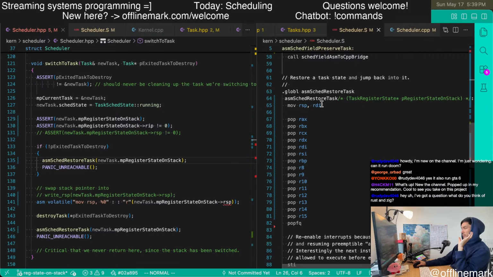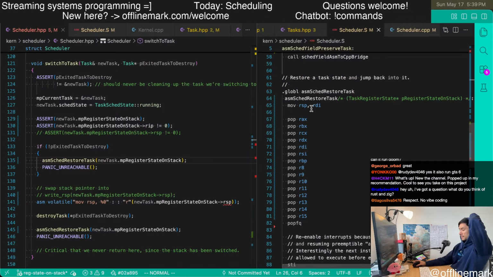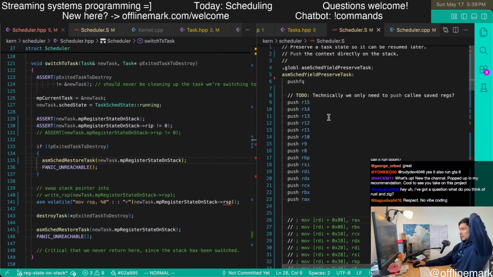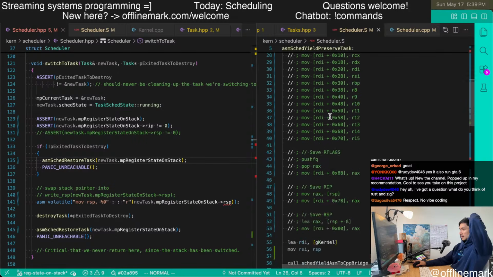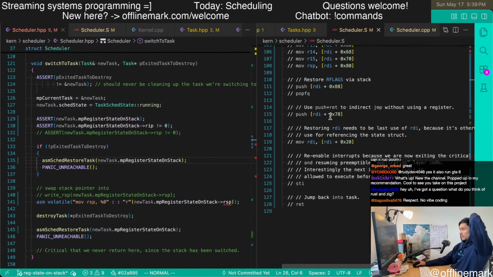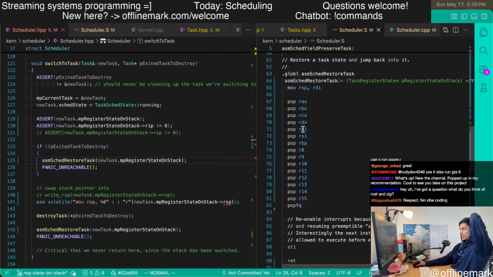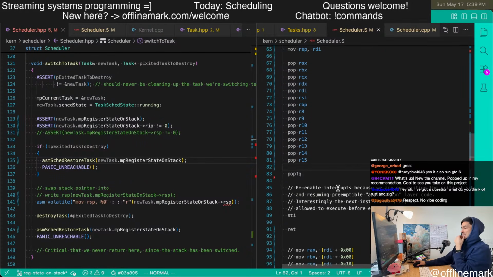It's going to forcibly move the stack pointer to this place on the new task stack, unload the context, and return back into the task.